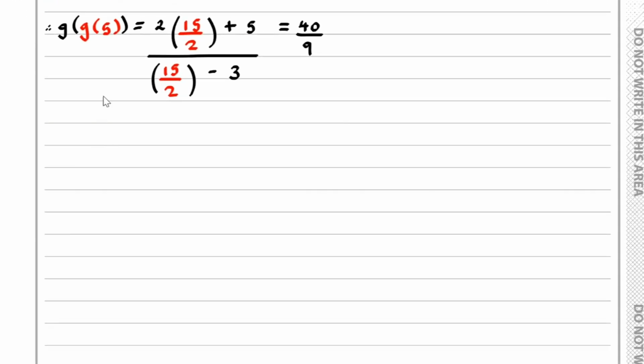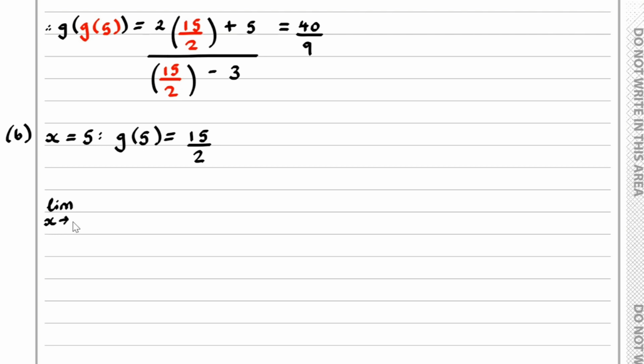So, we know that when x is equal to 5, g of 5, as we worked out previously, that's 15 over 2. And so this essentially is our lower limit,